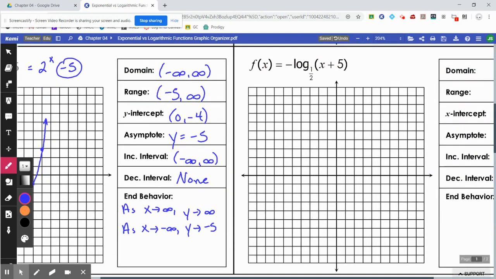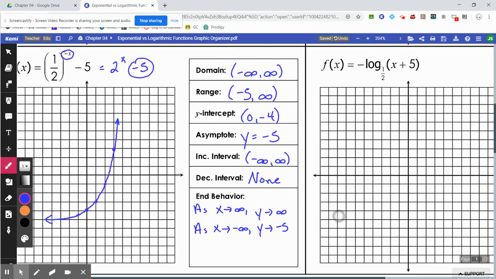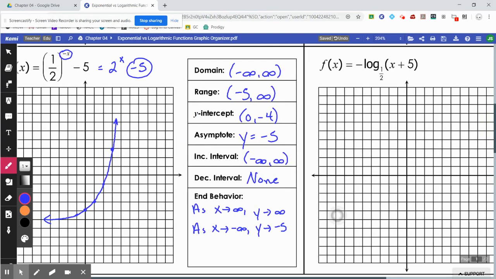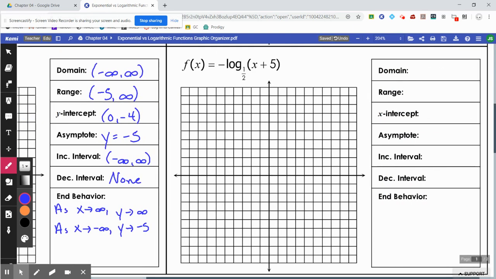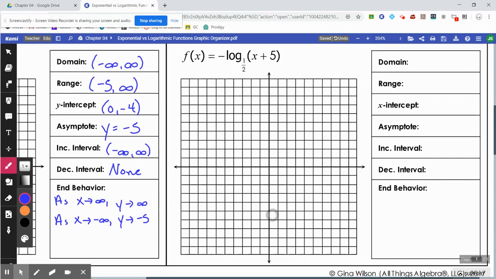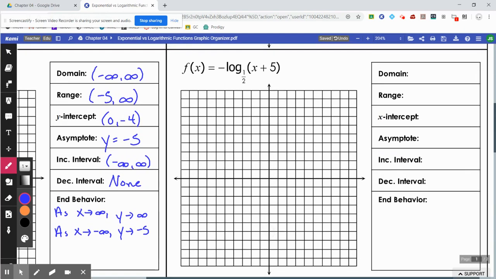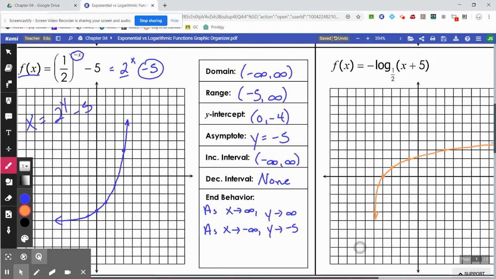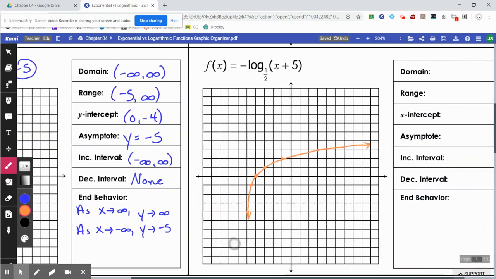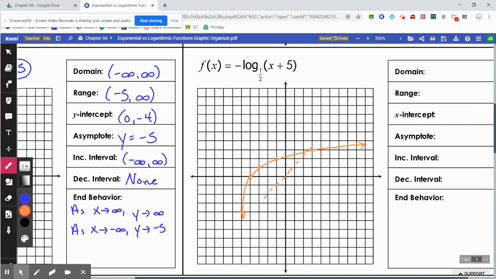Next up, let's go ahead and graph. Let's see if these are inverses of each other, and they should be. If you were to turn this into a y and change it into x equals, let's change this, 2 to the y power minus 5, rewrite that as a logarithm, you should get this same logarithm over here. So let's go ahead and graph it and see what it's going to look like. And there you see a picture of your graph. Now notice again, these two functions are simply mirror images across that line y equals x